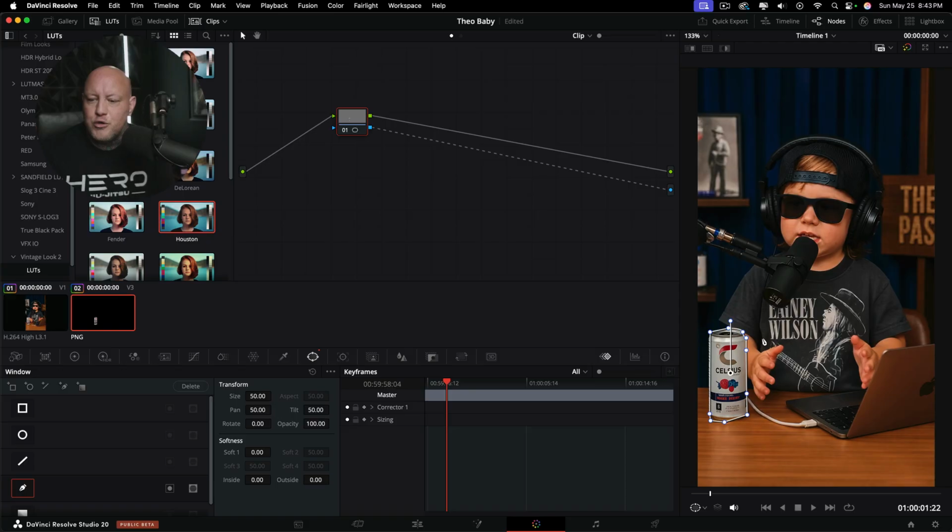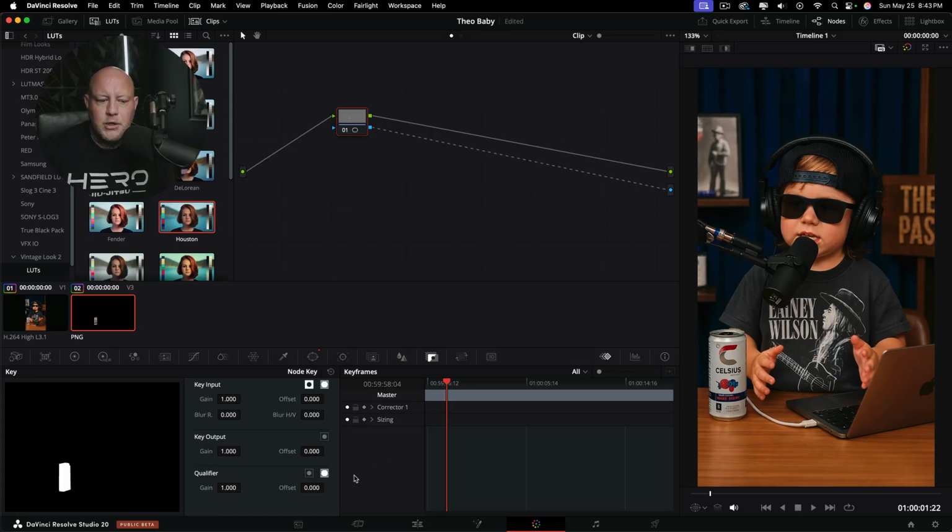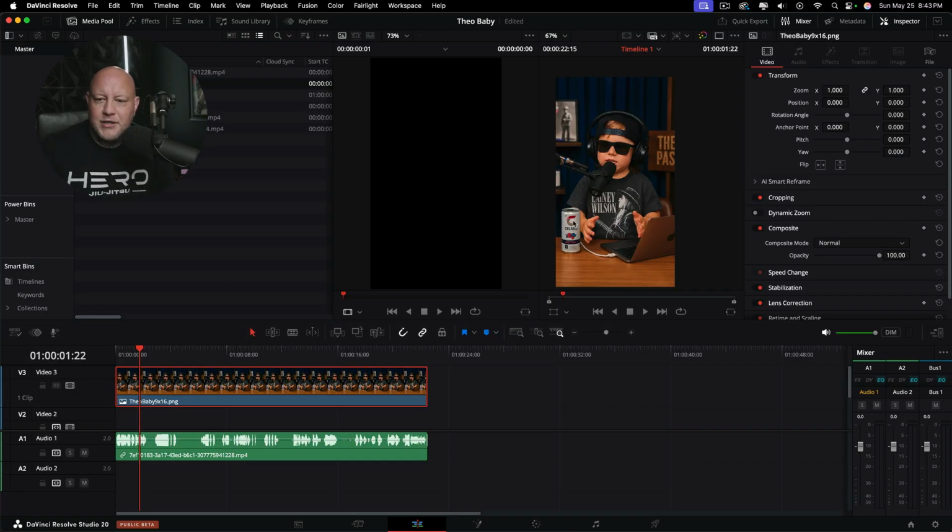So I just drew this mask around the can, changed this mode,